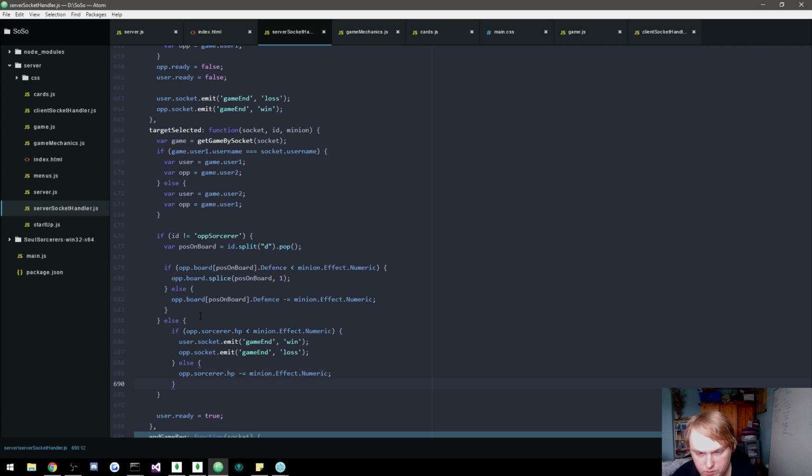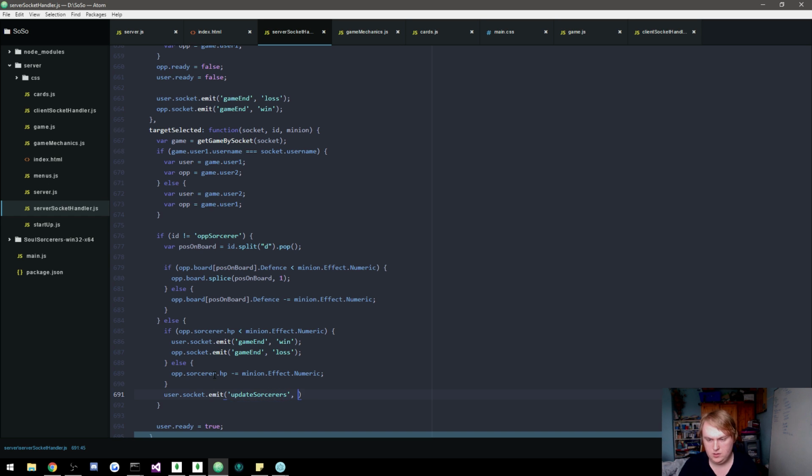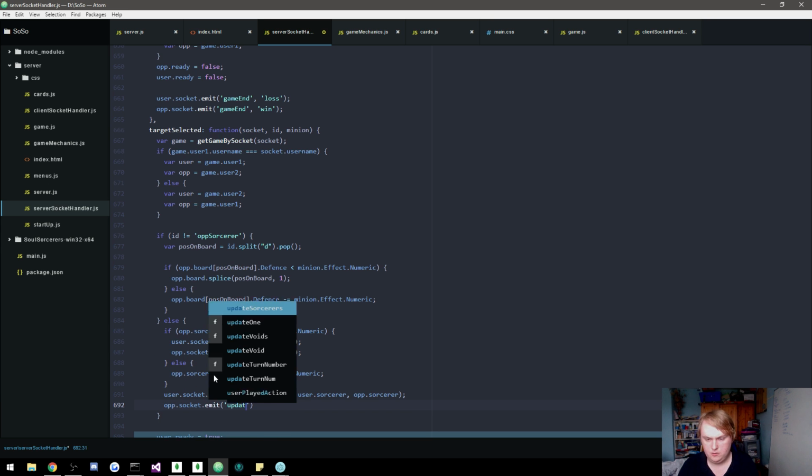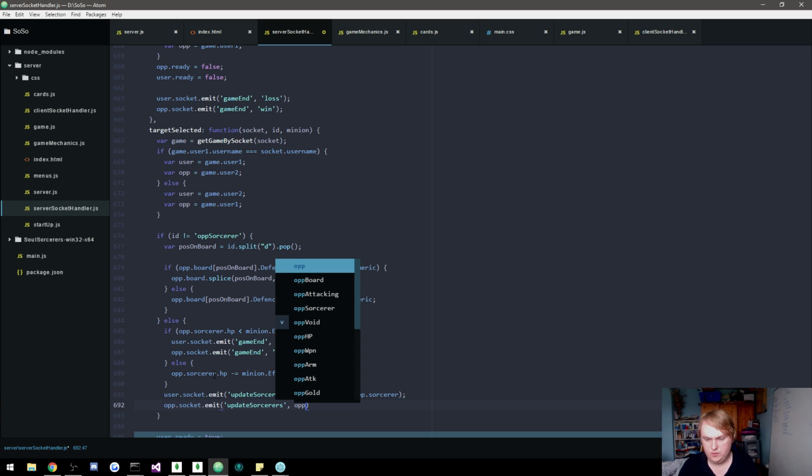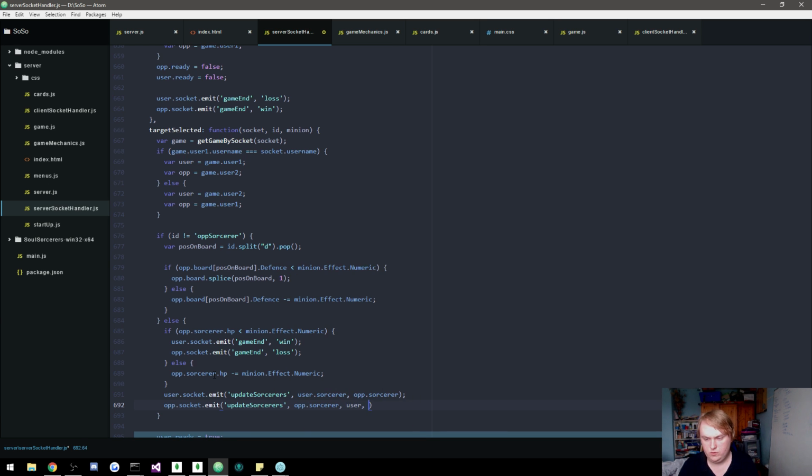And what we should be calling up here, we need to do another socket emit, user.socket.emit update sorcerers, passing in the user.sorcerer and the op.sorcerer, and calling op.socket.emit update sorcerers op.sorcerer, user.sorcerer. And up here what we want to do,